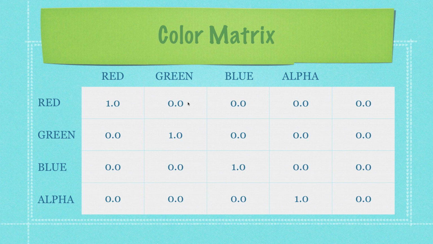Basically the way this is going to work is if we take the first 3 numbers for the red row, for example, and then add the last number. In this situation it's a 0, but this can be a number as well. What we're going to do is determine how we are going to affect the red in our image. Since we only have a 1 in this specific column in our red row, and a whole bunch of zeros right here,